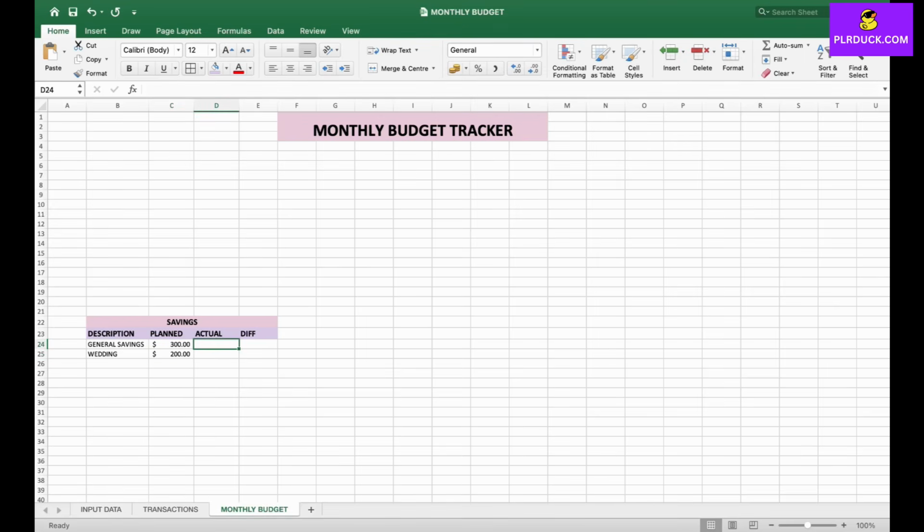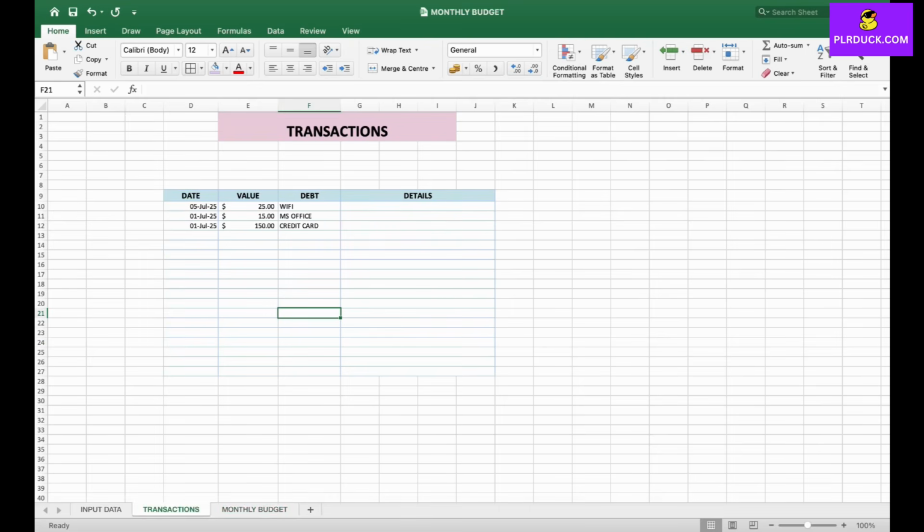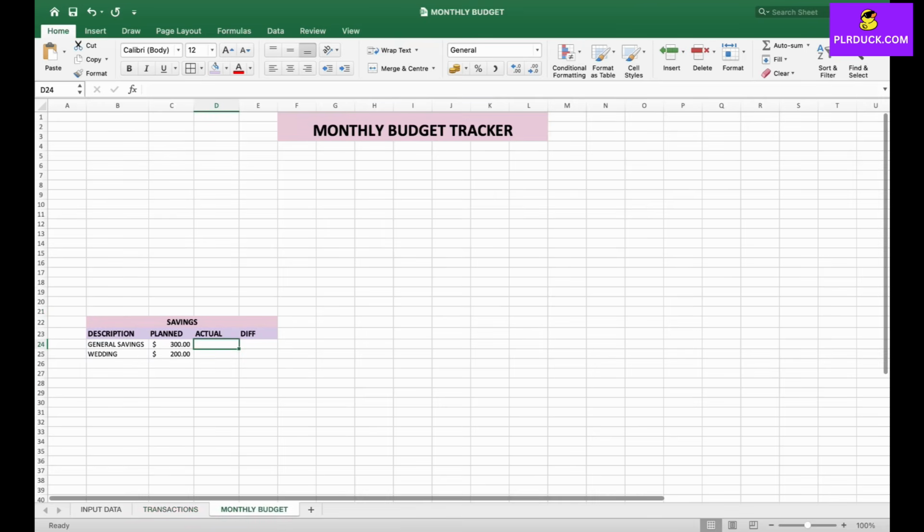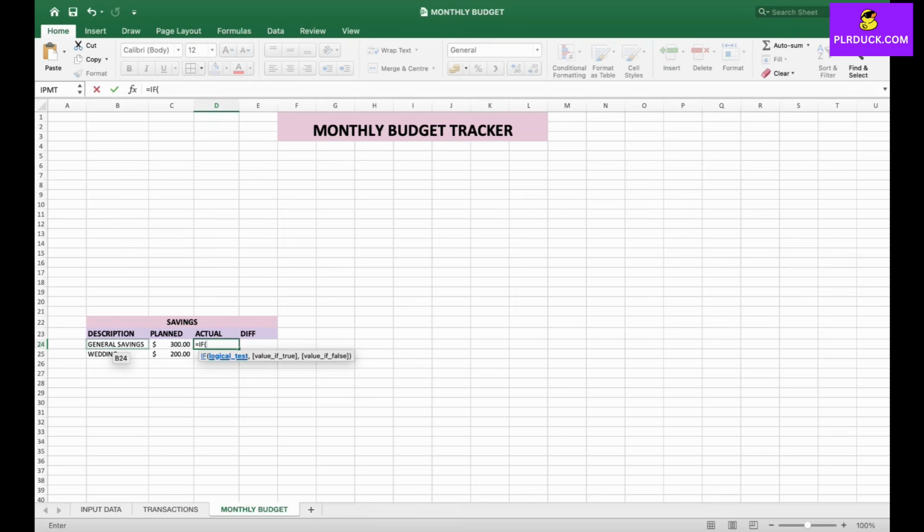Next, let's try to calculate the actual value. Till now, how much we have saved. So that value is actually in the transaction. So if we are doing a transaction, that value we would have entered in the transactions table. So I'll come over here and then I'm going to say is equal to, if my B24, that's nothing but if this value here, if it's going to be equal to opening and closing quotations, I'll just give. So if there is no value inside this one, I'll have no value. But if it is going to be false, that means if there is going to be a value in B24 cell, I'll open, I'll say SUMIF, and then I need to try to sum if the values from a